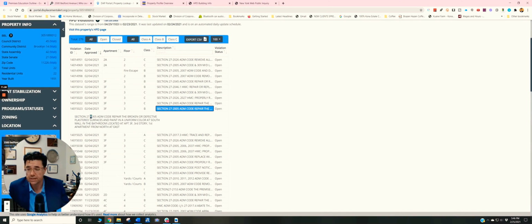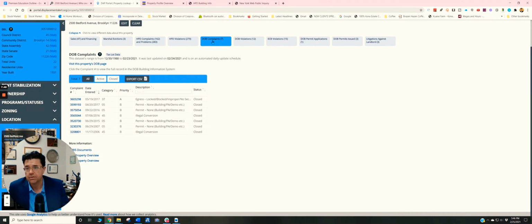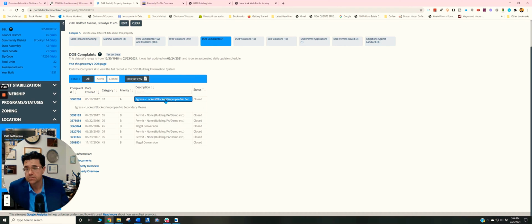So for example, they're saying section 27-2005 of the administrative code was violated because there's a broken or defective plastered surface in the bathroom at apartment 3F. So if it's like a defective ceiling, then that, if it's a ceiling collapse, that could be your violation right there. And they have the Department of Building complaints,